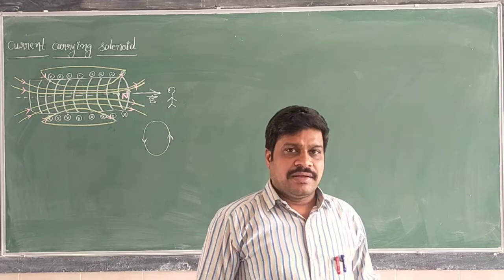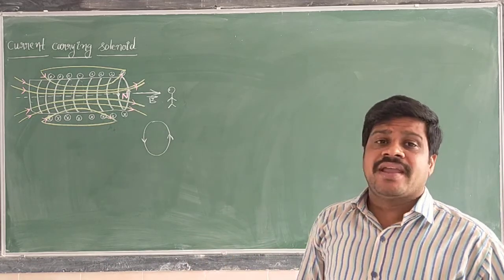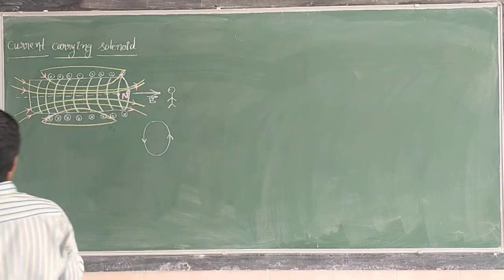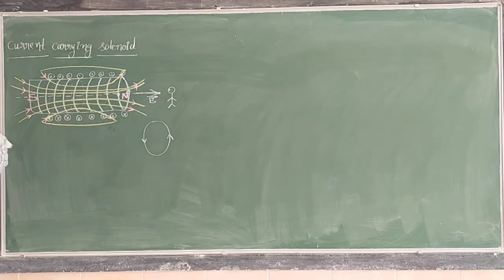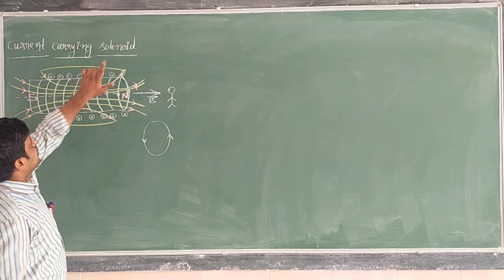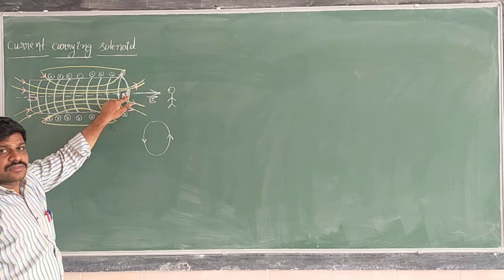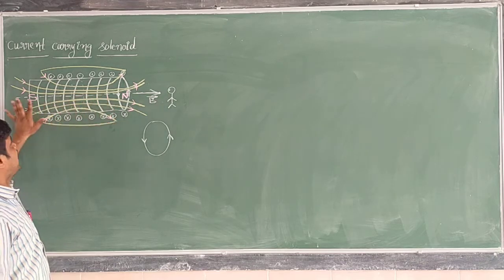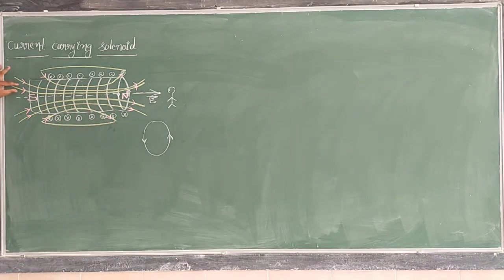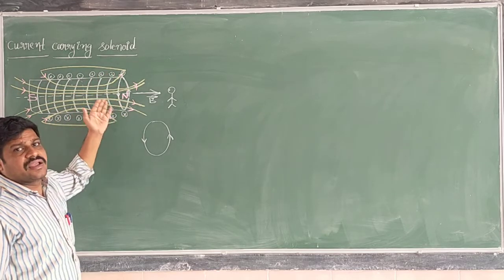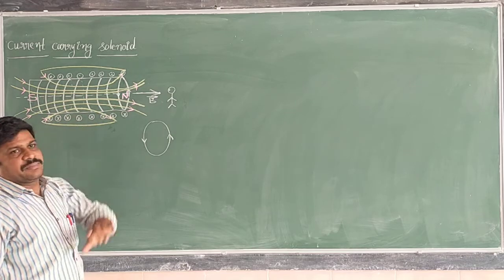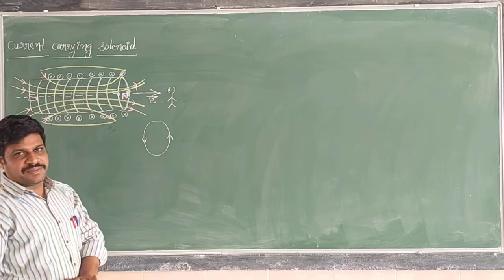North pole of the magnet. Where the magnetic field is inward, that point gives the south pole of the magnet. Totally, the current carrying solenoid behaves like a dipole. That means this current carrying solenoid has dipoles. When the magnetic field lines are entering, that point acts as a south pole of the magnet, and where the magnetic field lines are emerging out, that point behaves like a north pole of the bar magnet.